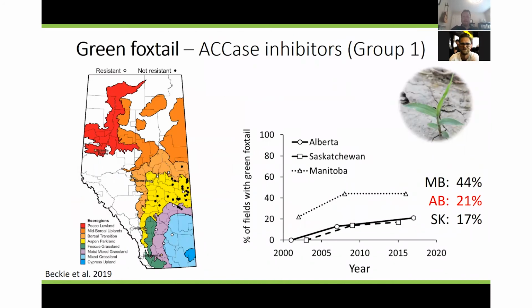Okay, so now I'm going to go through a series of different weeds. I'll probably go through them quite quickly, but this is essentially just to give you an idea of what to look out for when you're scouting for resistance. So here we're showing group 1 resistance in green foxtail in Alberta sitting at about 21%,